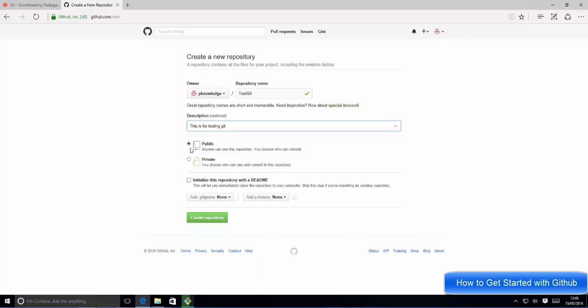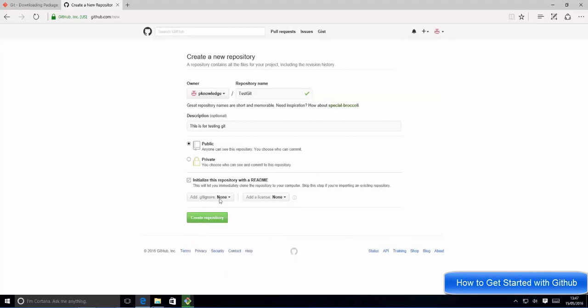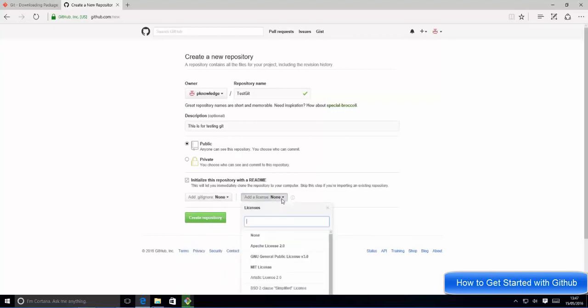Okay, and by default your repository will be public. If you want to make it private, you will have to give some fees, which we don't want to give. So I will use the public option, and just check this checkbox also, which will initialize this repository with the readme file. Okay, and you can optionally also give the type of the language you want to use. For example, C, C++, Java, or any other language you can choose from here. I'm going to choose none for now, but you can choose your language here,